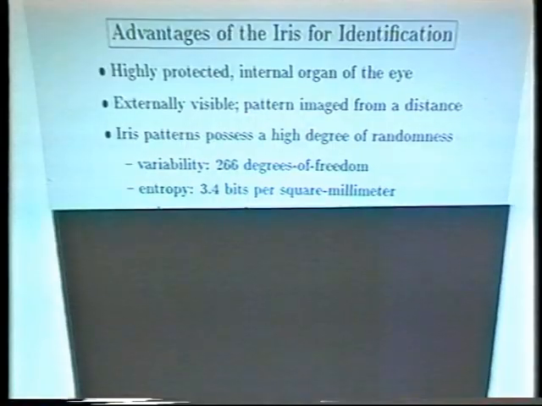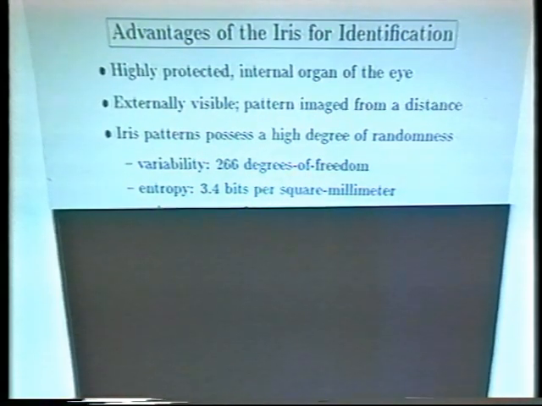You know, a door on a hinge has 1 degree of freedom, a universal joint like your wrist has 2 degrees of freedom, and so forth. Iris patterns, as random patterns, have statistically 266 degrees of freedom, which is quite a bit more than fingerprints, by the way, certainly more than facial geometry generally.